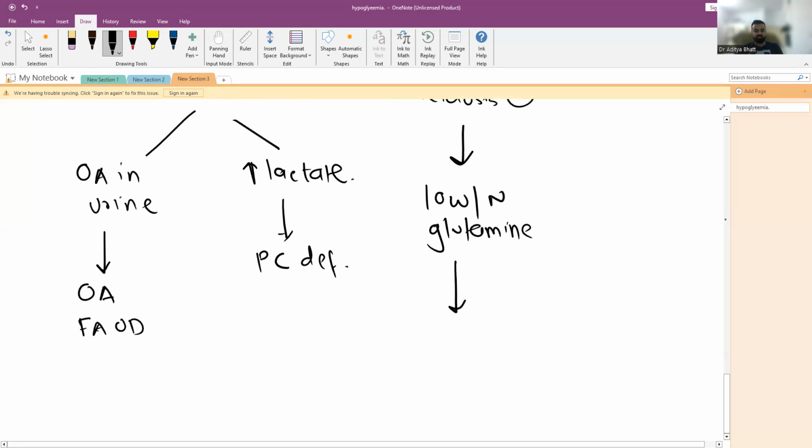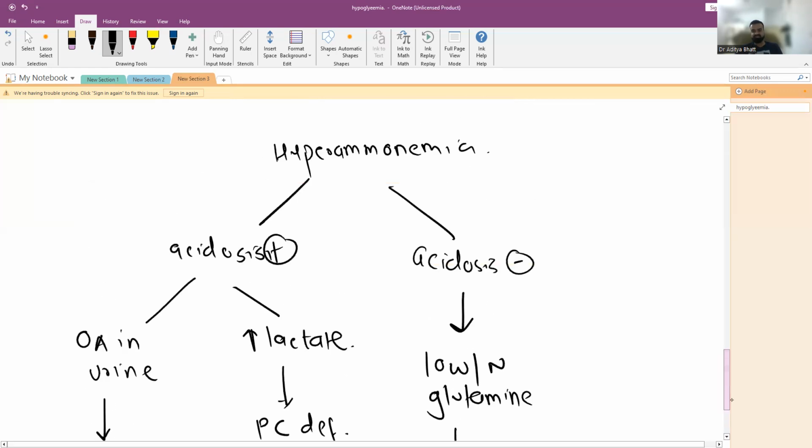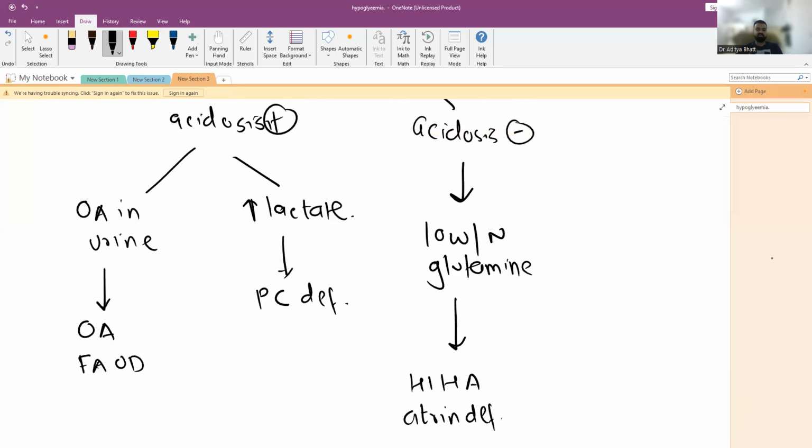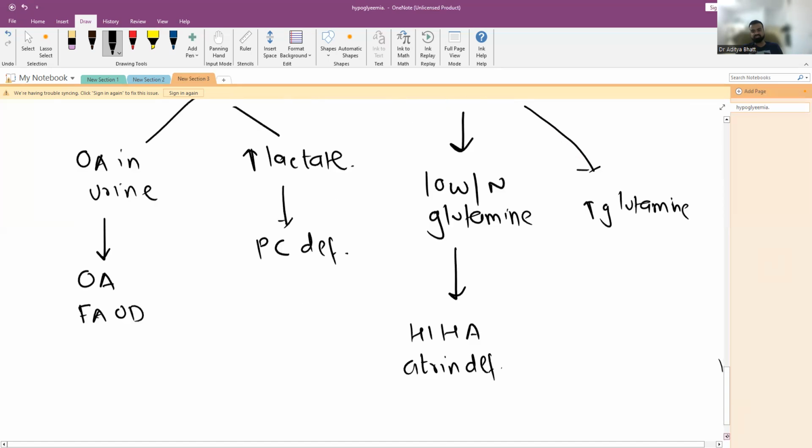If it is normal or low, the deficiency is HIHA. What is HIHA? It is hyperinsulinism with hyperammonemia, or there might be presence of citrin defect. Okay, so all this can be seen in patients of no acidosis with hyperammonemia. Now, whenever you have increased glutamine, the next investigation you check for is